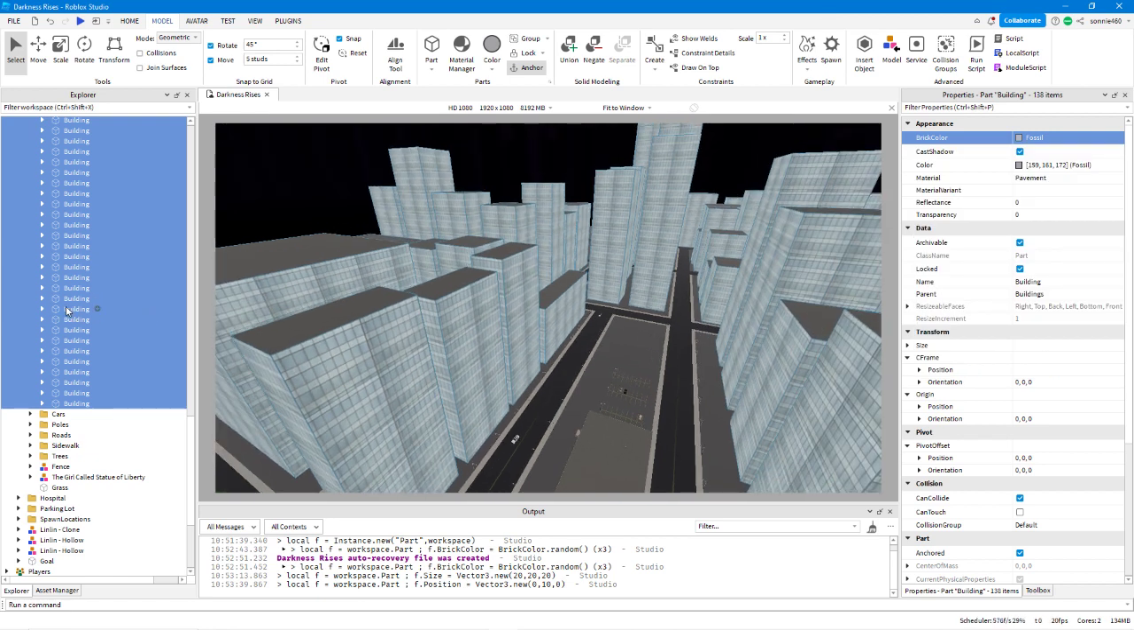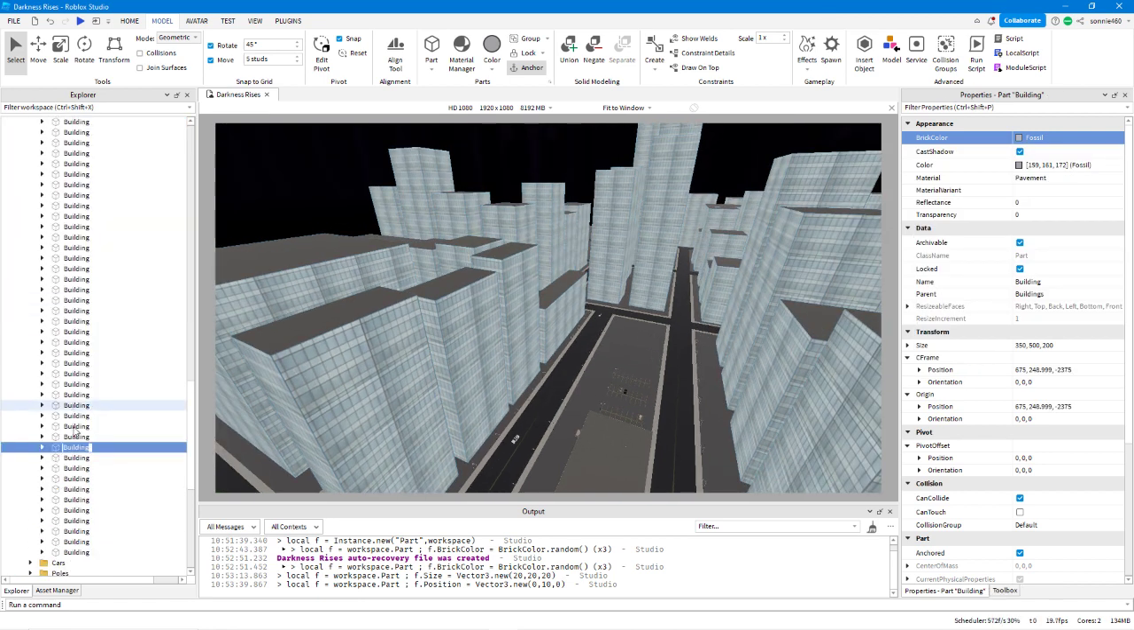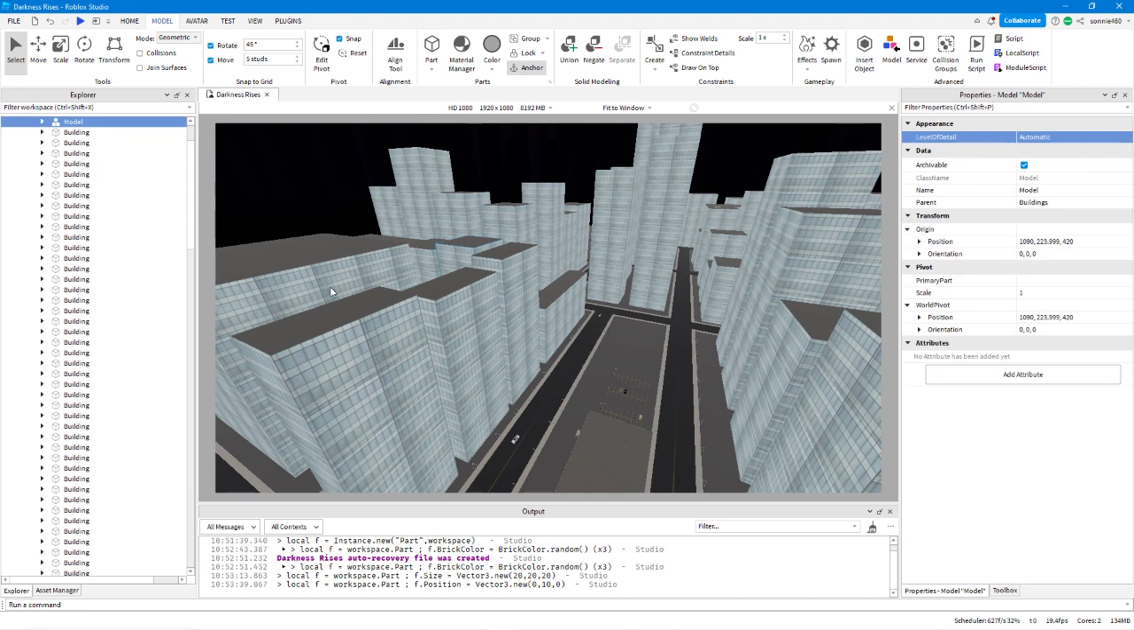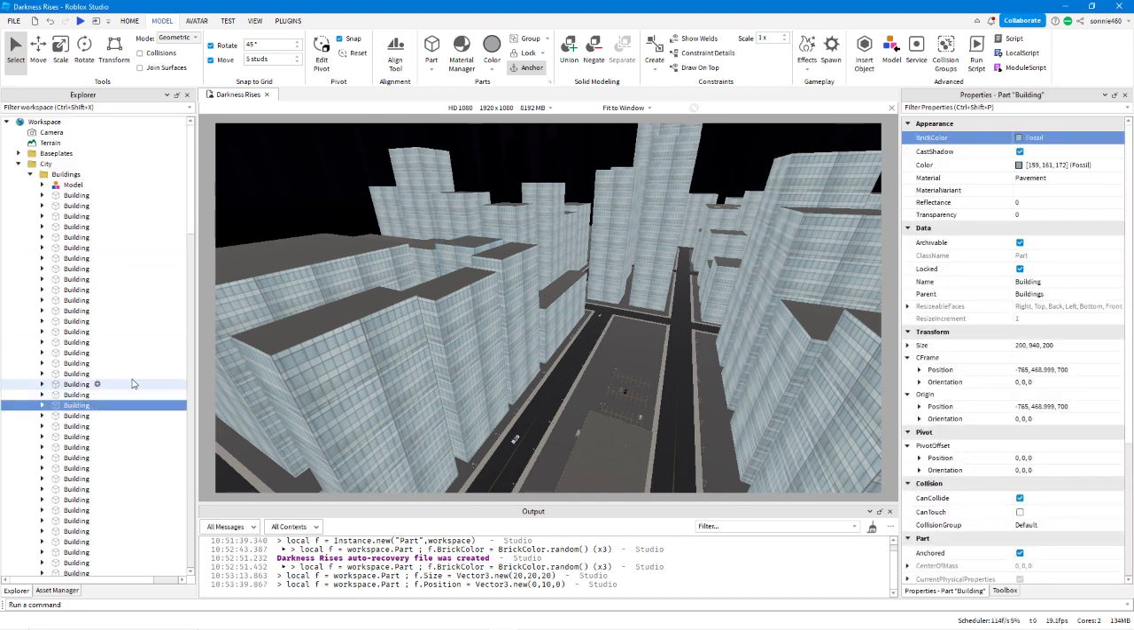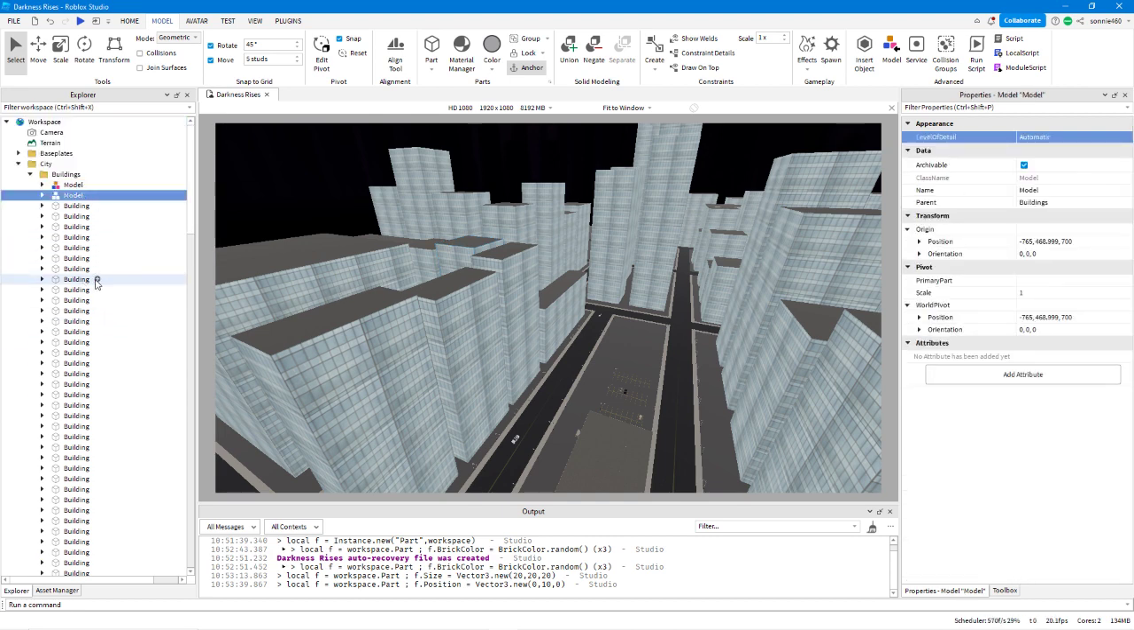But let's say maybe some of them are grouped. Like, let's say this one's in a model, or this one's in a model. Well, then I have to open up the models to change the color. So it'd be a lot more work. So what I can do instead then is I can